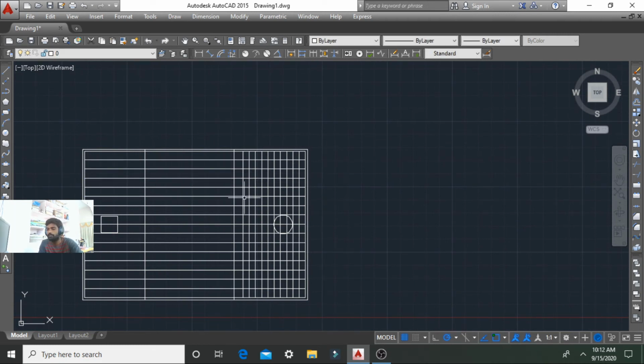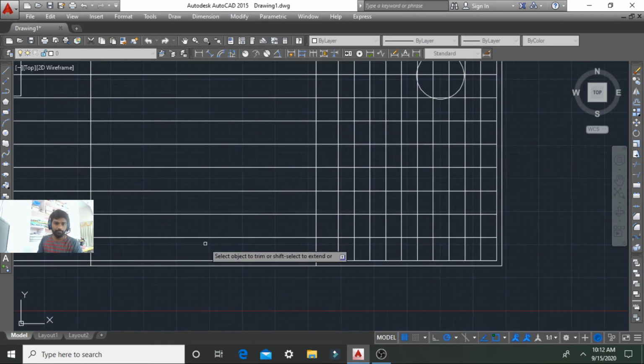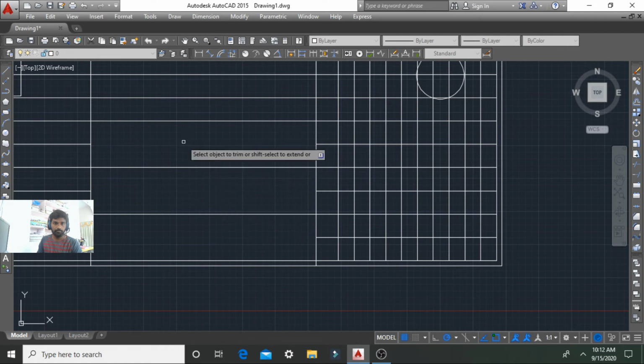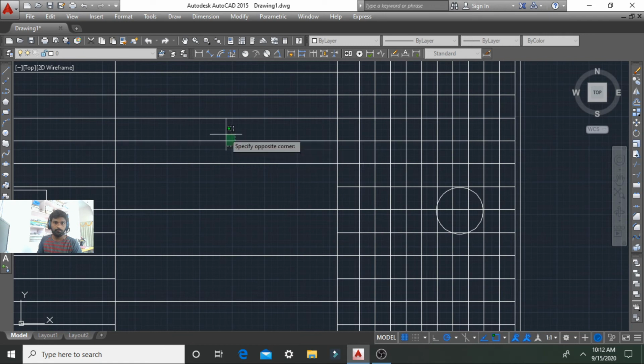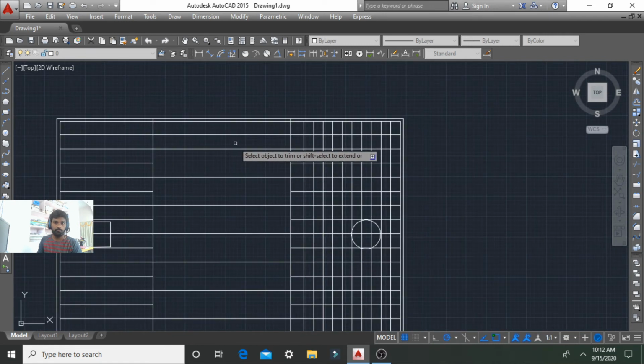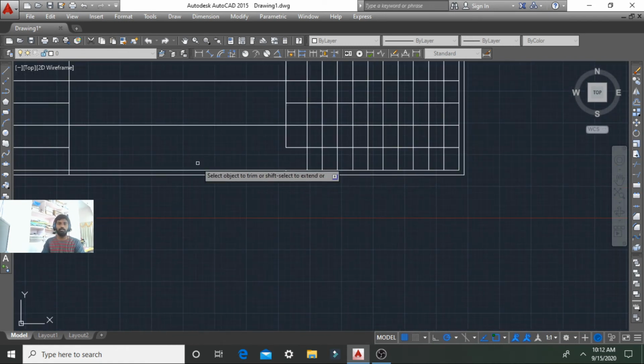Here in the middle portion, the spacing is 300 mm, so 440. So we can trim the middle lines. Here we go up to here.